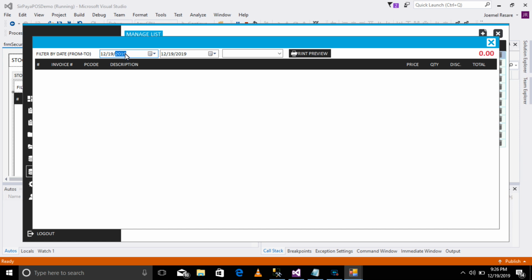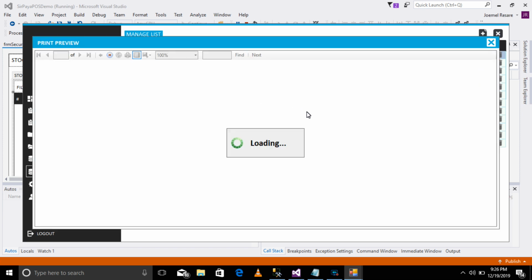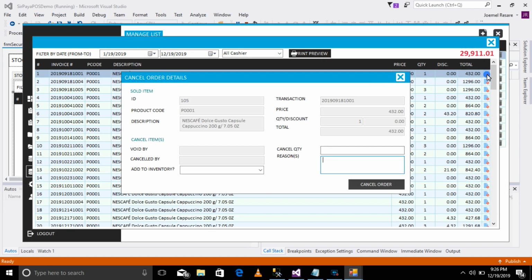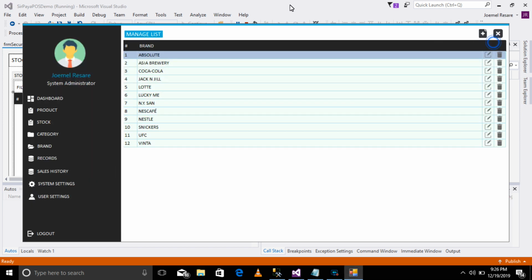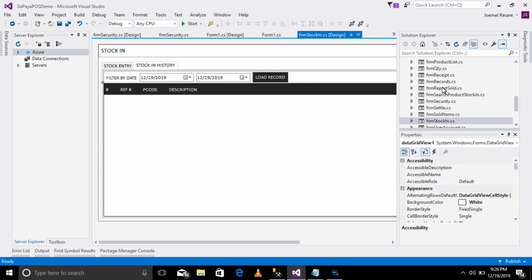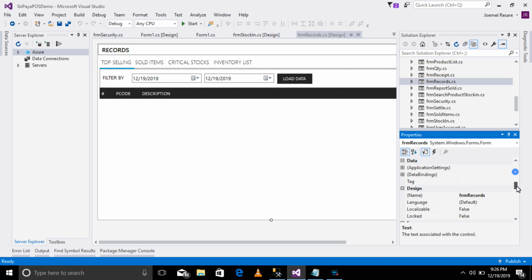So, for example, all cashier. Ayan. So, pwede tayong maka-cancel ng sales dito. So, yung gagawin natin is add tayo ng another form. Dito sa records natin. So, add tayo ng